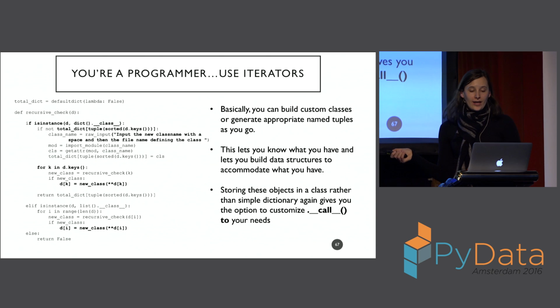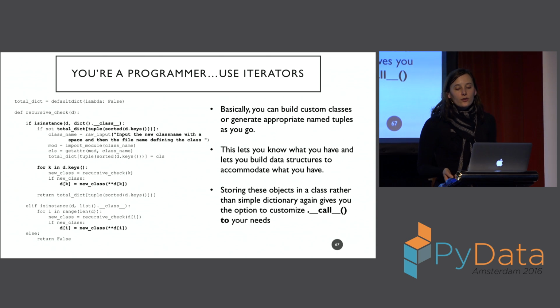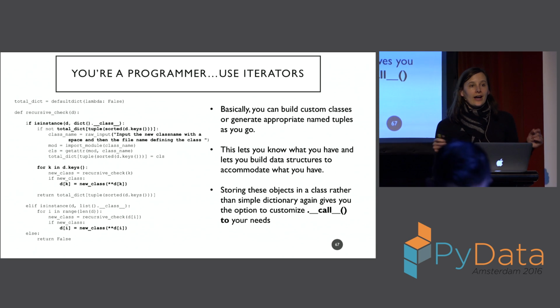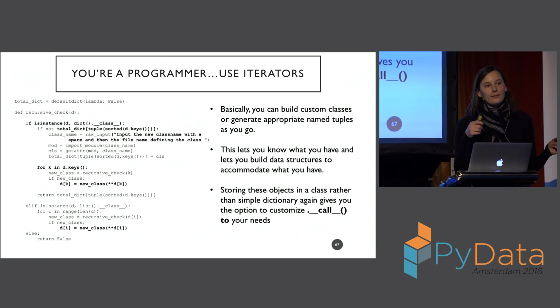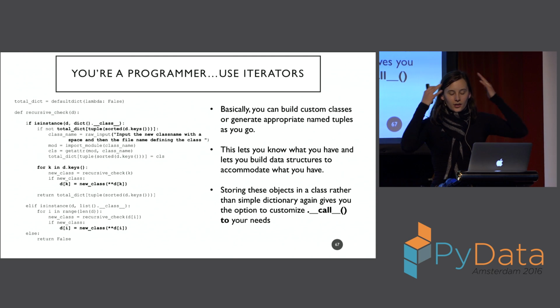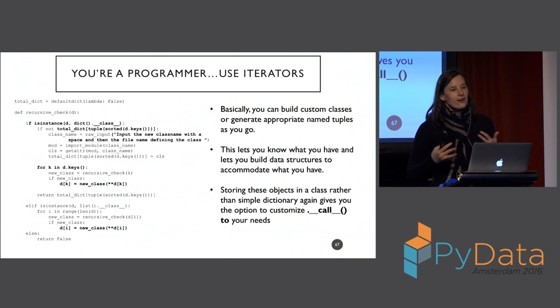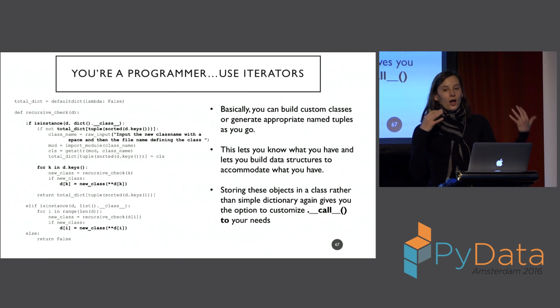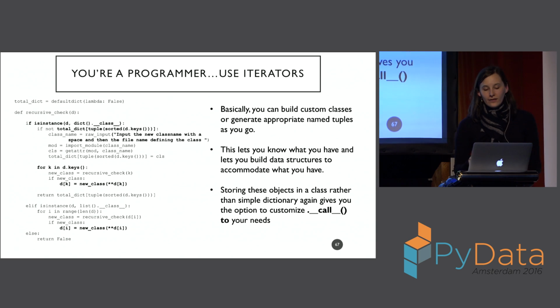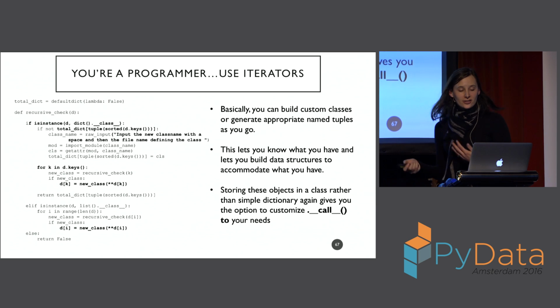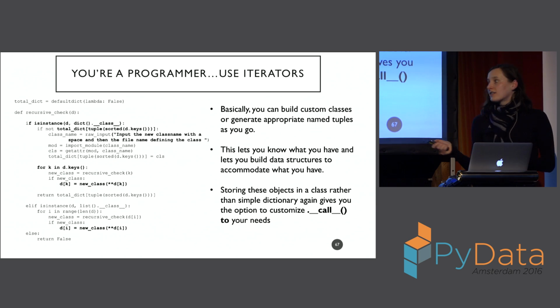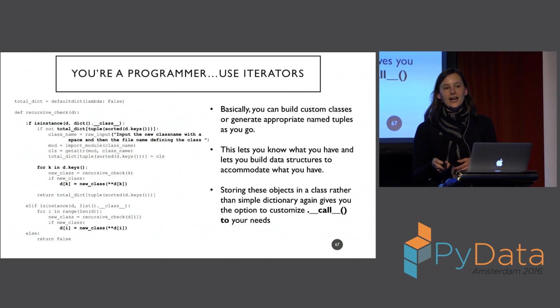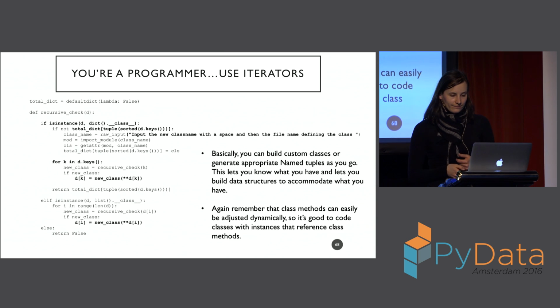And if I have a list, I'm going to do that for each item in the list. So basically, you can build custom classes or named tuples as you go. This lets you know what you have in your data, right? The problem with pandas JSON normalize is that even if I close my eyes and hope it will work, I don't really know how that data was structured or how many fields I was supposed to have. If I iterate through it, I have a much better idea of what I'm doing. And as I discussed before, this is also a great time to use your classes and dynamic class method assignment to change things as you're going.